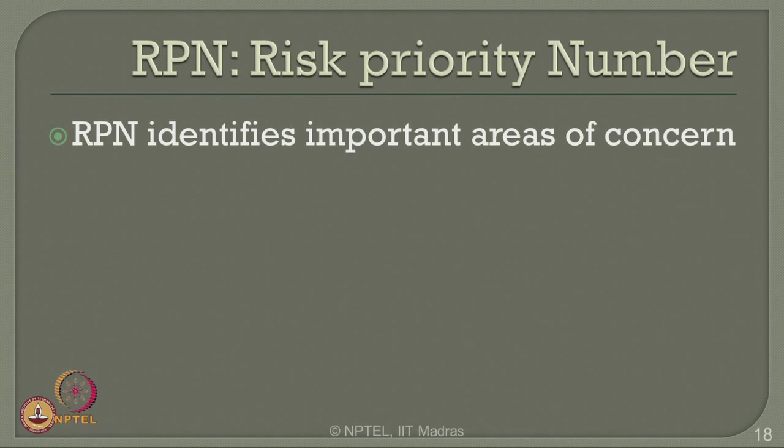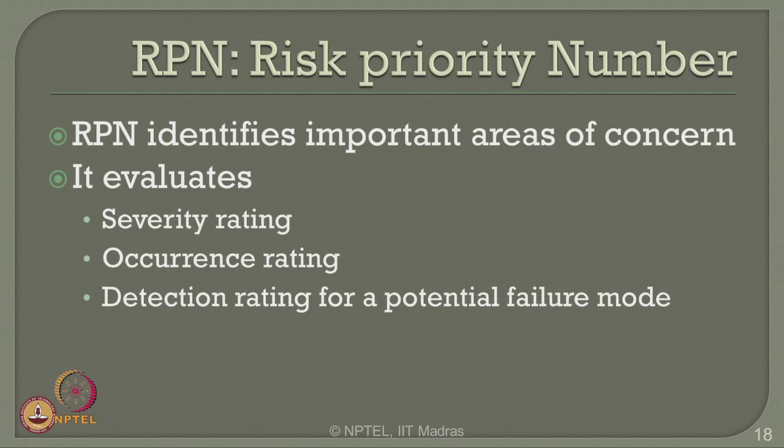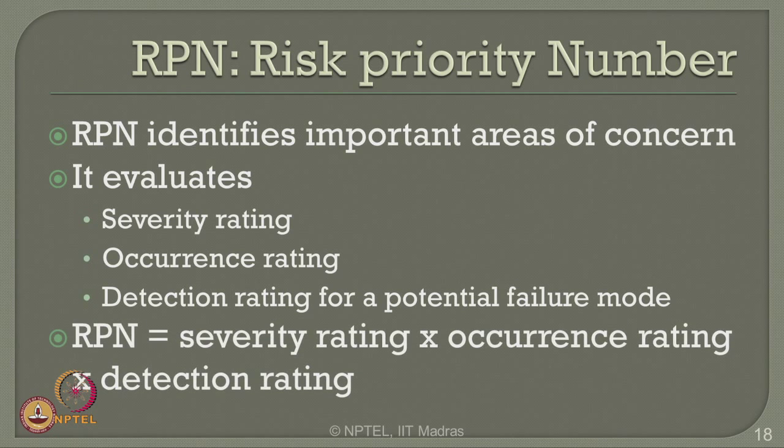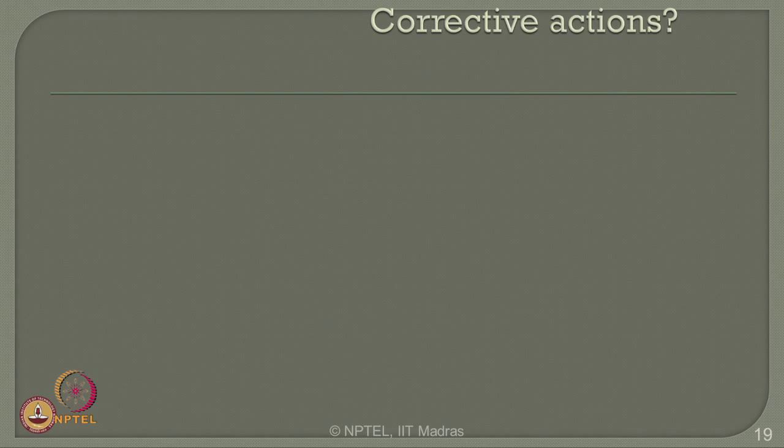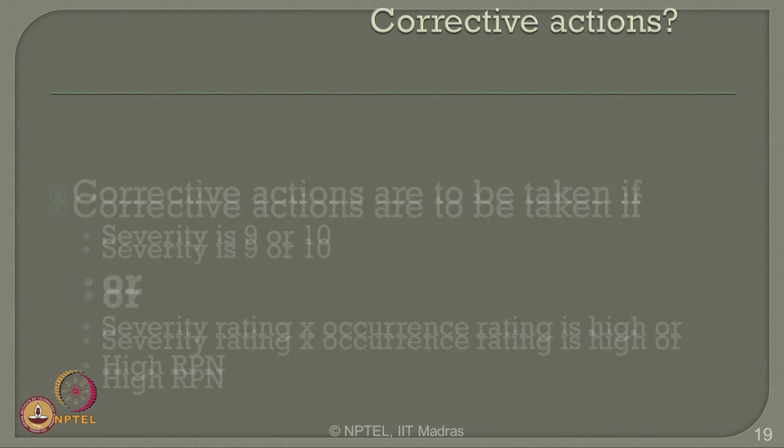So, risk priority number identifies the important areas of concern, it evaluates severity rating, occurrence rating and detection rating of a potential failure mode. Therefore, RPN is nothing but the product of all the 3 put together. So, the maximum score of RPN can be 1000 because 10 is the scale on each one of them. Subsequently, once you know the RPN is given for a specific set of components in a given mechanical system, then what are corrective actions